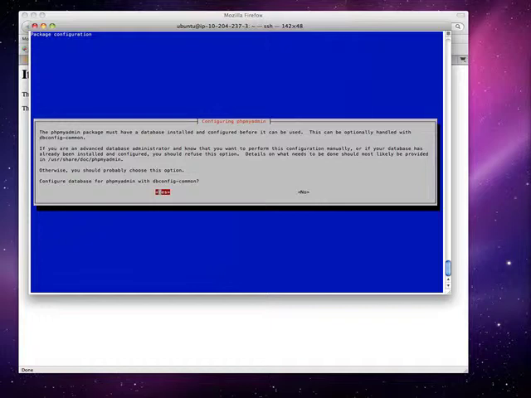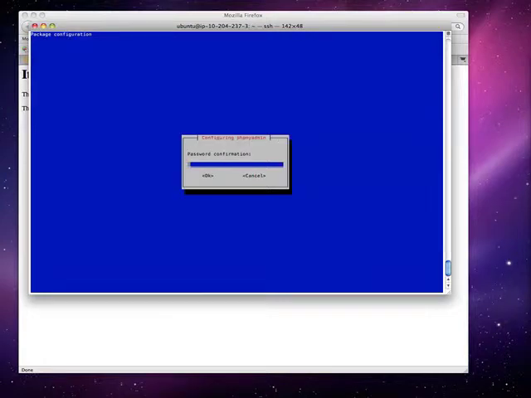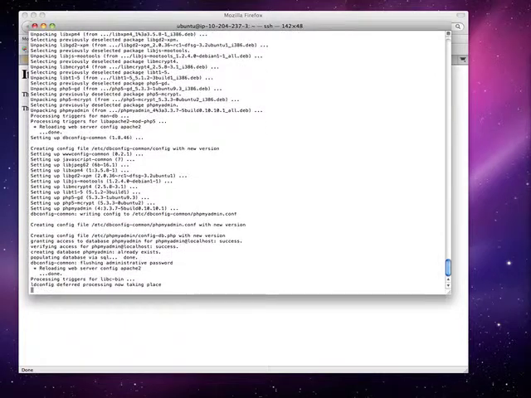Otherwise, if your database is already set up, you should refuse. Okay, no, I'm going to say yes. Administrative user. Love secure passwords. So let's see if that is installed.